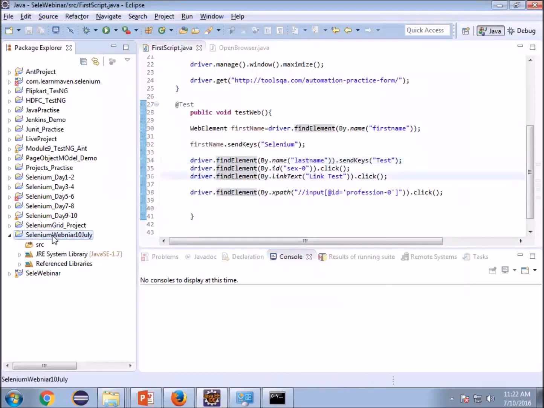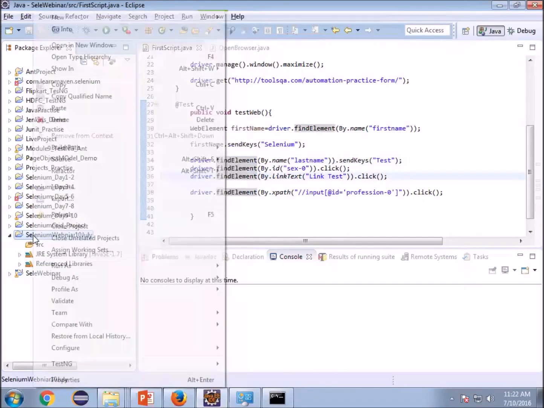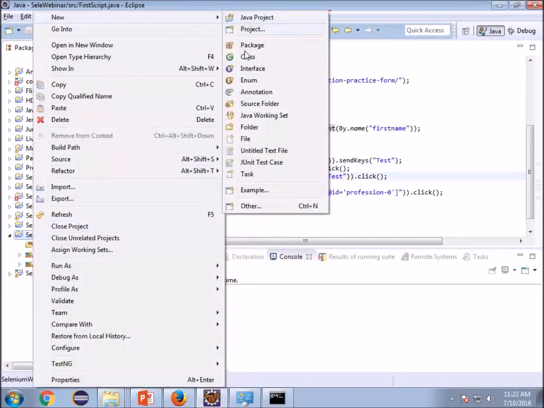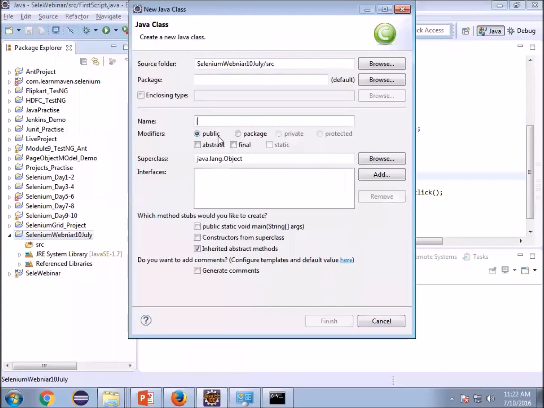In Java you have classes, so I have to create a class. The first class I will give the name First test script.